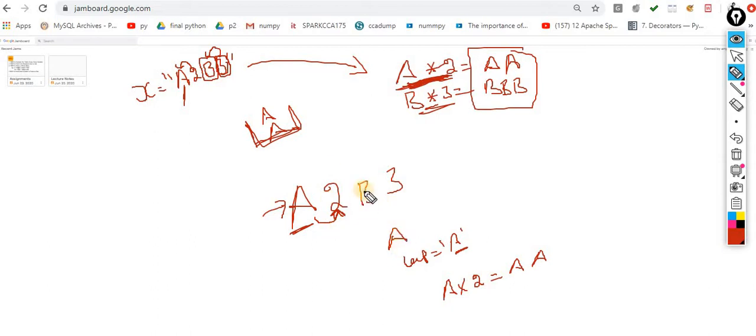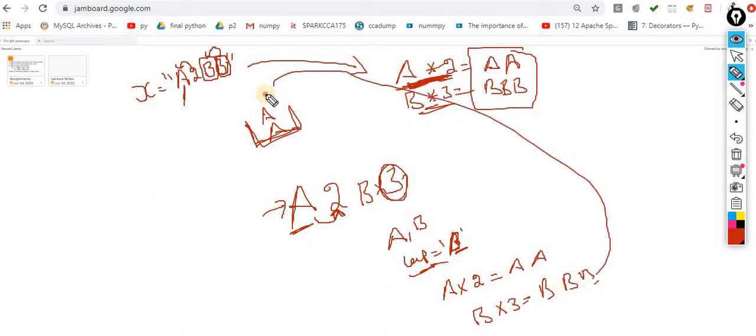Okay, in the next iteration it will become B. It's a B, it's a character. Now this temporary variable will become B. This time B multiplied by 3, that means in the next iteration I would become the digit, and in the digit what you have to do is capture the previous value B into 3. Okay, and you have to add this into the same container. So this is the mathematics behind it. So how can we perform it? Understand it.